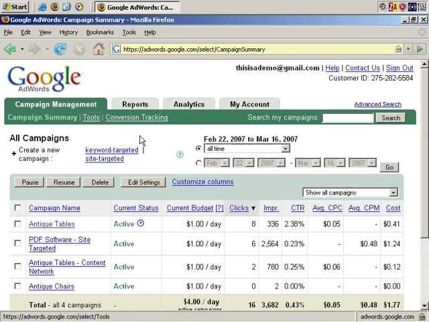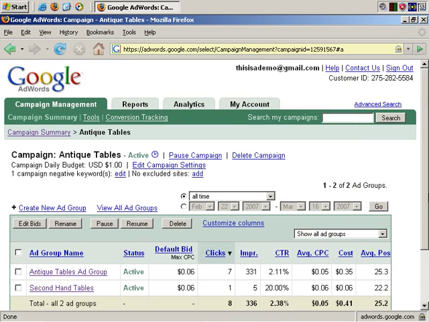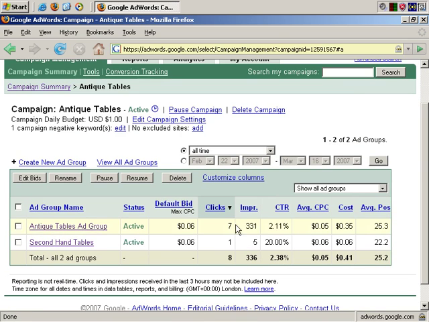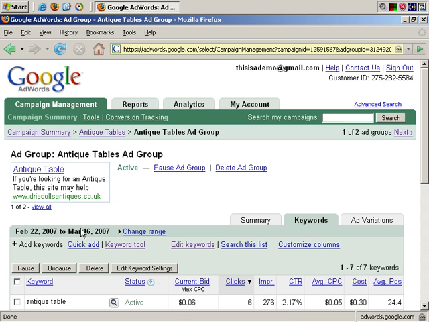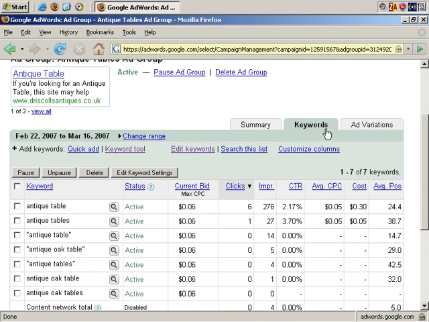Google AdWords offers you a tool that can be used to estimate how much traffic you can potentially get from certain keywords, and you can approach this tool two different ways. First of all, if we go into our Antique Tables campaign and look at the more heavily trafficked ad group, which is the Antique Tables ad group, at the ad group level, if you have the Keyword tab selected and click on Edit Keywords,